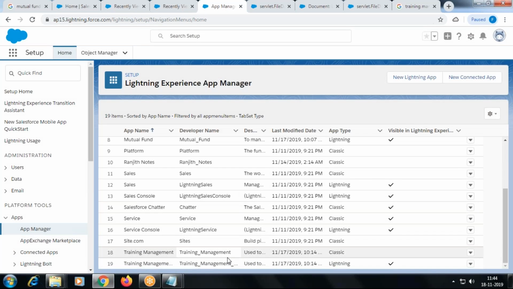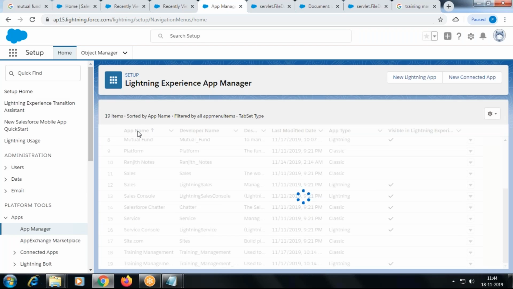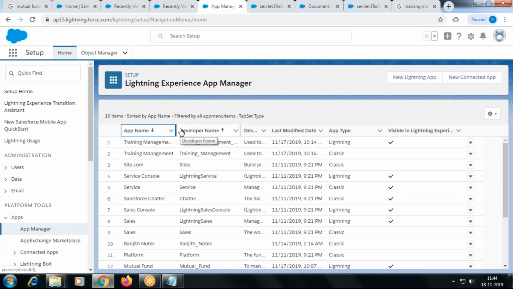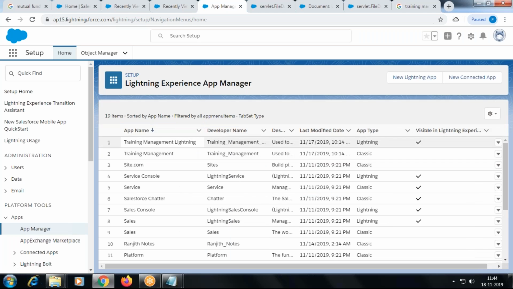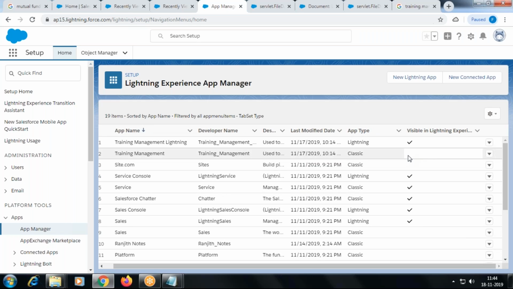So what happens here? At the end, one minute. Let me sort in descending order. You got it. So one more application is created. Your Classic is still there, but it is automatically disabled. If you want, you can enable this. Okay. So now